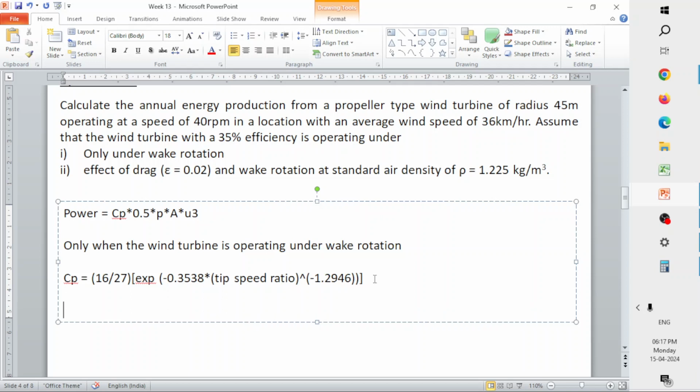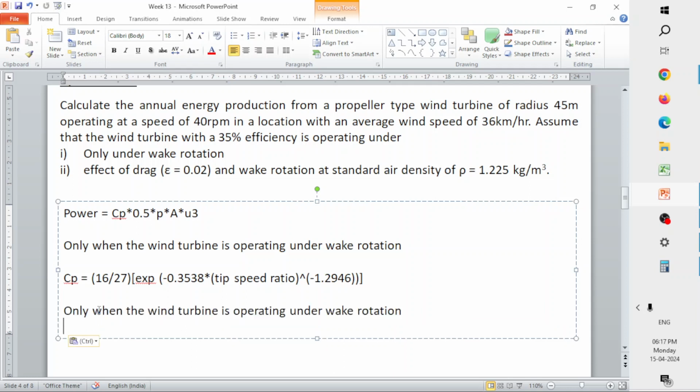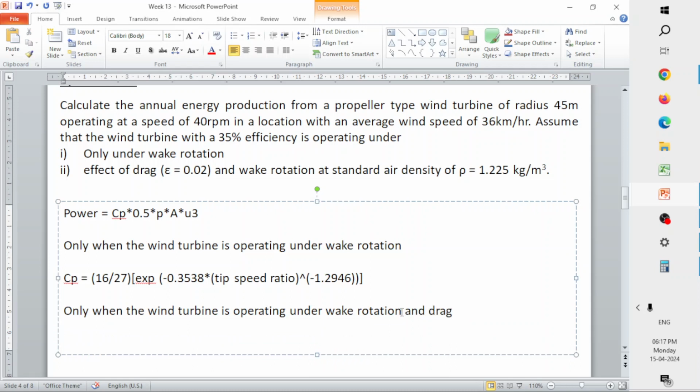Now another one is when it is operating under the wake rotation as well as the drag effect. When there is drag, it is a kind of force that is acting, the frictional force. So due to that also there will be an energy loss. You need to account for that also. So in that case the value of Cp will be expressed as